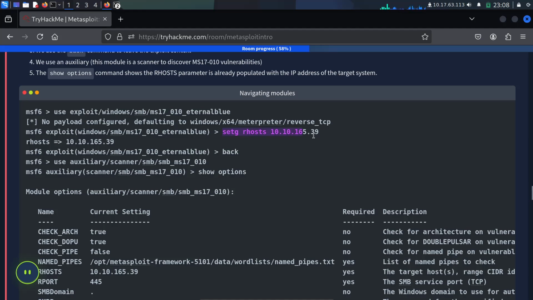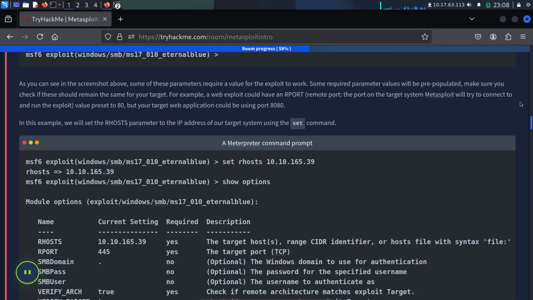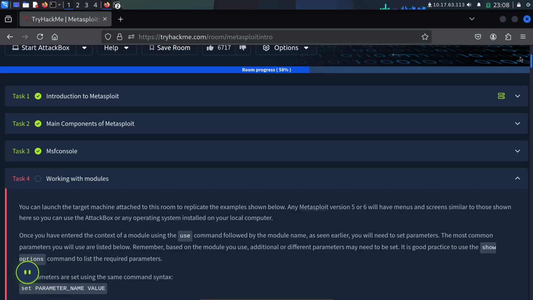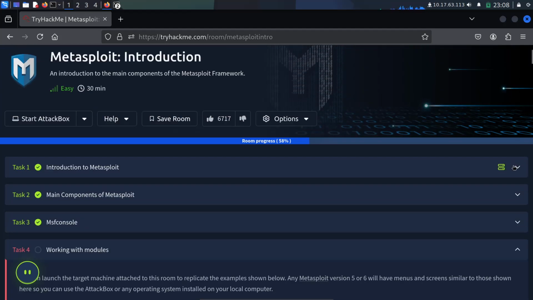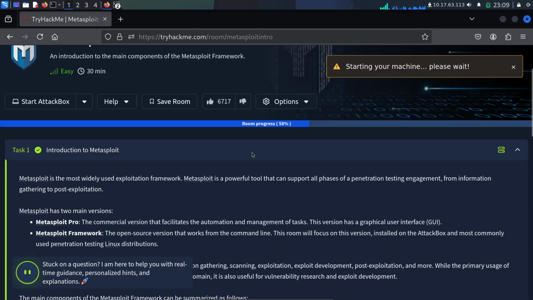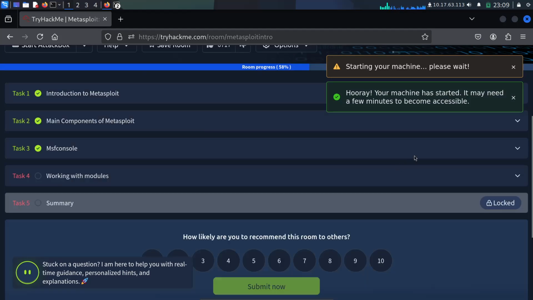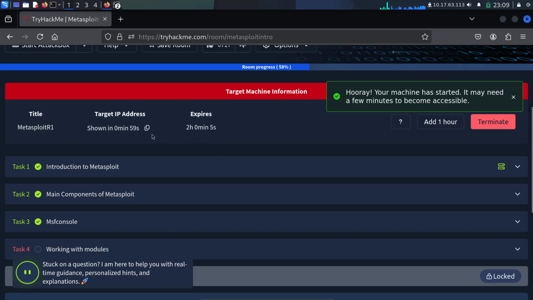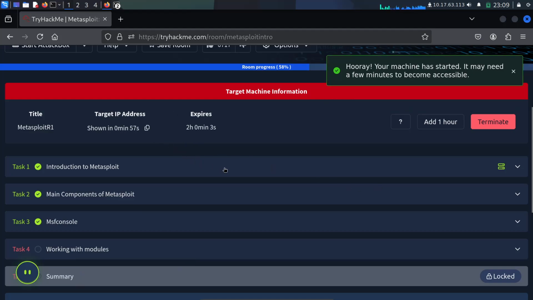This is to set RHOST. Wait, I want to activate the machine. This is the target IP.